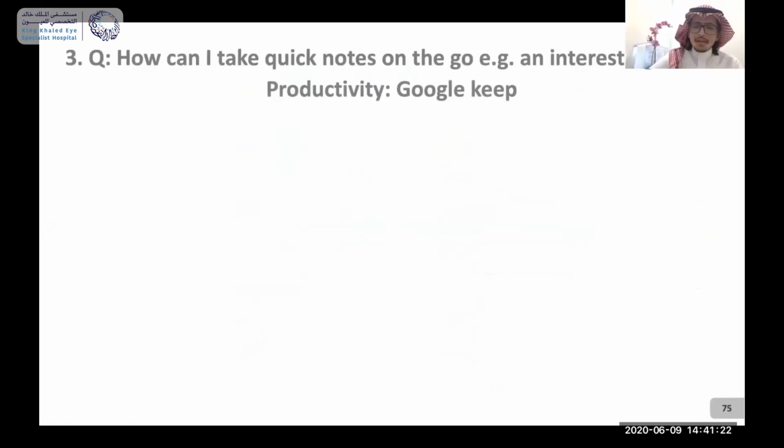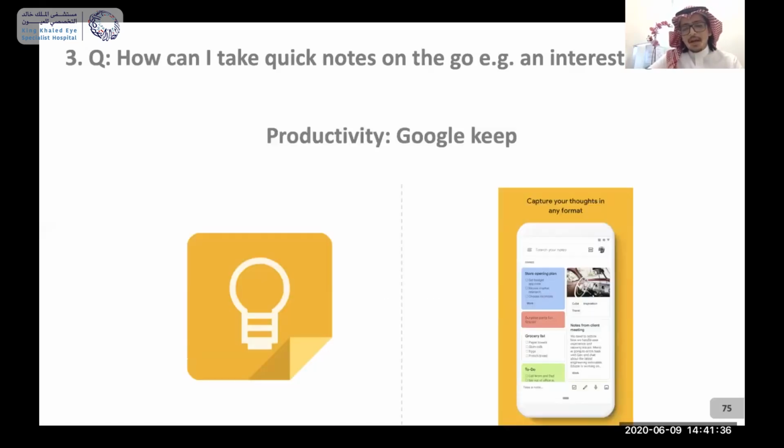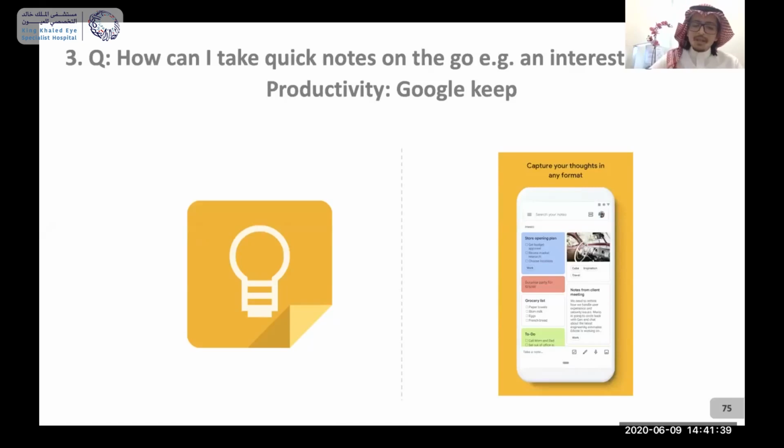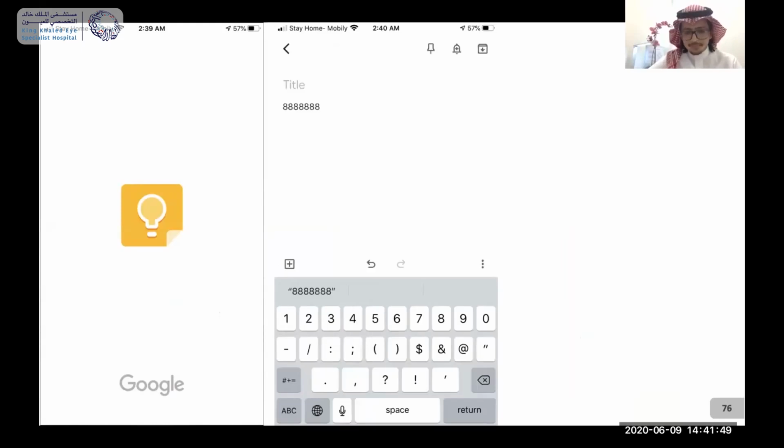The third tip is taking quick notes on the go. Let's say you saw an interesting case, you want to take note of it. Someone gave you a piece of information, and you want to read about it later. One of the very useful apps that I use is Google Keep. I suppose some of you are using the Notes app that's already built into the phone, but the beauty of Google Keep, and I'll show you how I use it, is that it allows you to classify notes